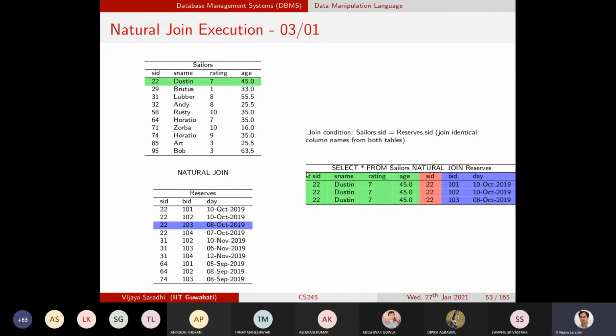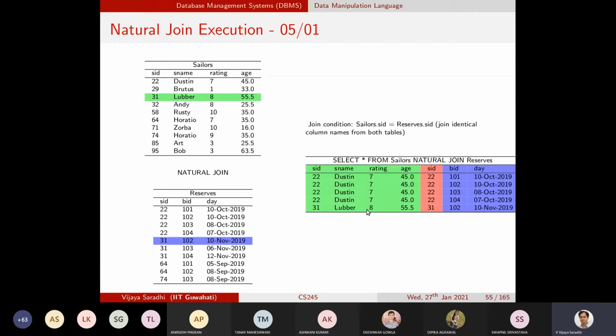So this will not be part of the natural join operation. That is called a dangling record.